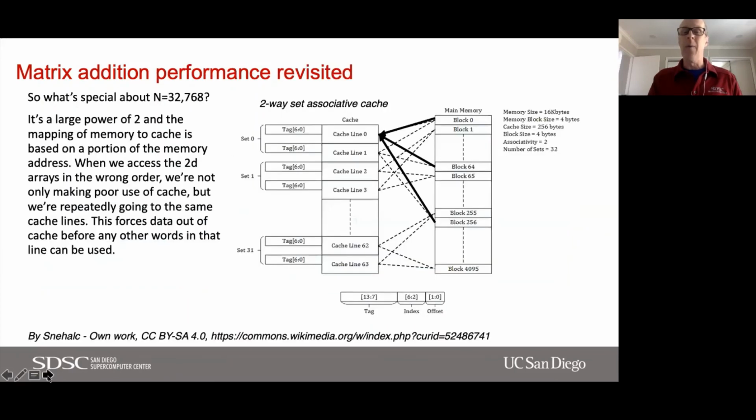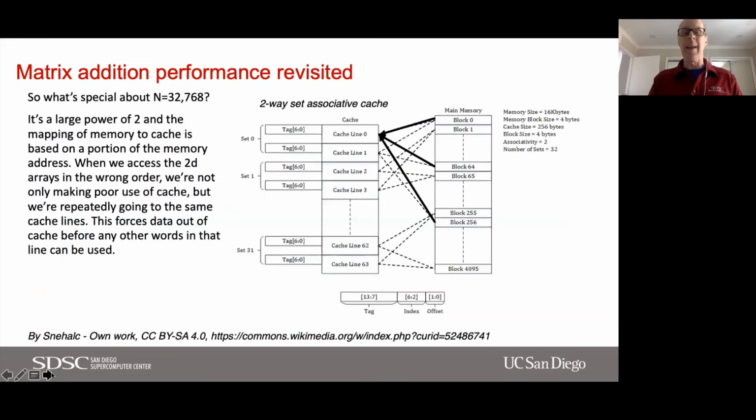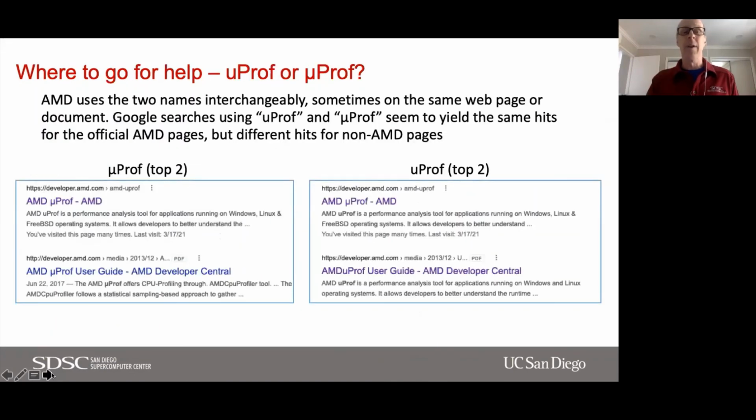But when you see this kind of behavior, and you see not only the increase in the runtime but an increase in the data cache misses, you could maybe alter your problem size a little bit. Or if you really wanted to work with arrays of size 32,768, you might want to pad your array: allocate it to be larger, but not use all of the elements. So there are different strategies we could take, and this is the kind of insight we get by doing an analysis of cache usage.